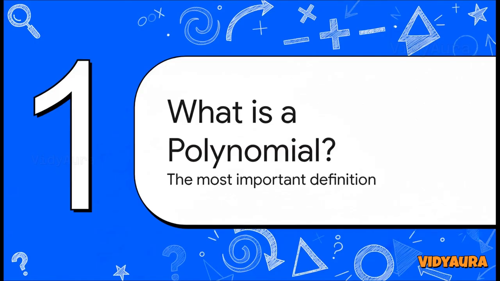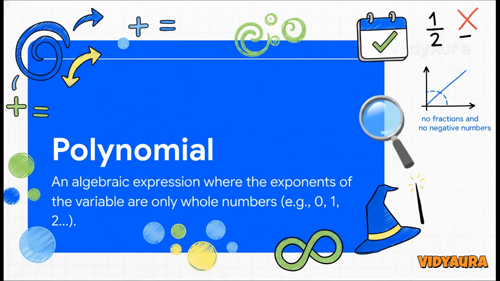Okay, so that leads us to the big question. We've seen things like 4x and x squared, but what actually makes something a polynomial? Let's build a really strong foundation with a single, most important definition. If you remember just one thing from today, make it this rule. And here it is. A polynomial is just an algebraic expression where the powers, the exponents of the variable, are